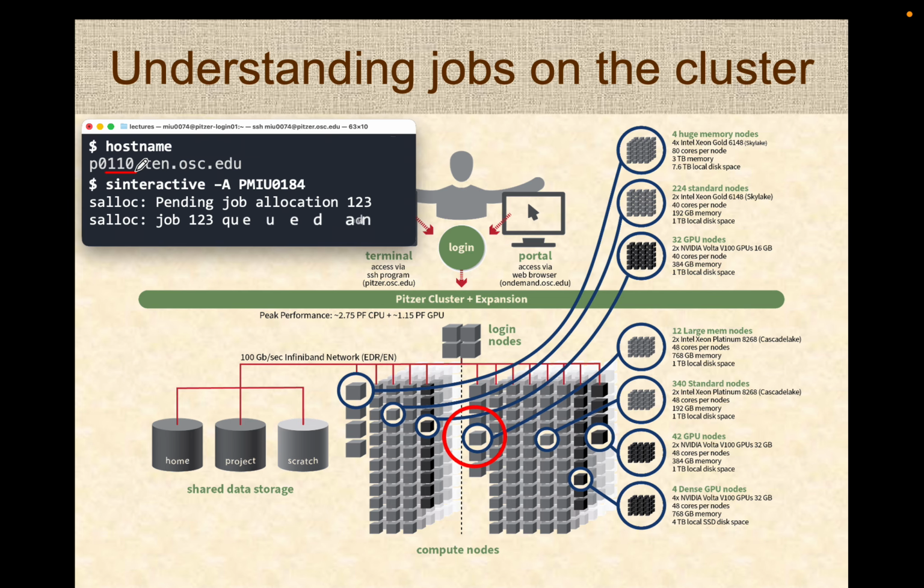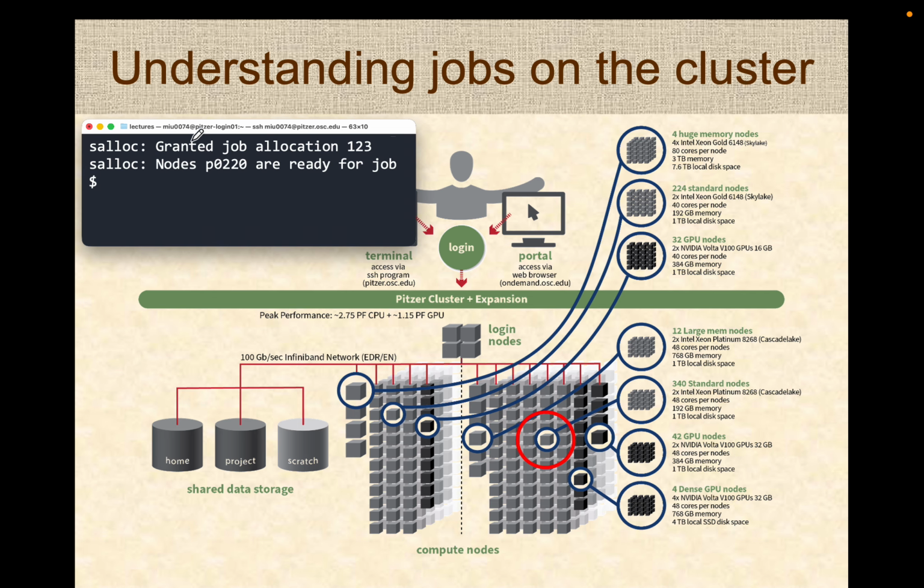When you start a job, first the job management system will tell you that it is looking for a job. In this case, it is searching through the cluster, looking for a compute node that has a free resource. Once it finds one, it will move the current shell to the compute node, and you will see that it drops you off onto a different node for you